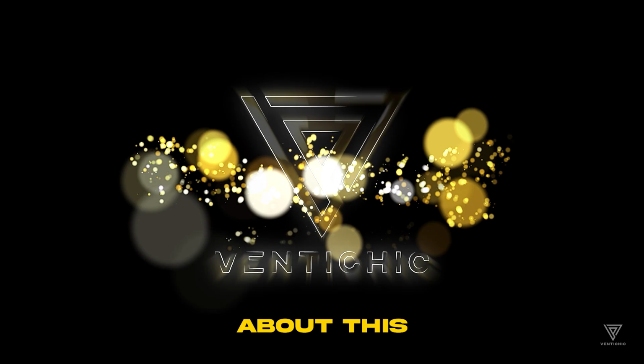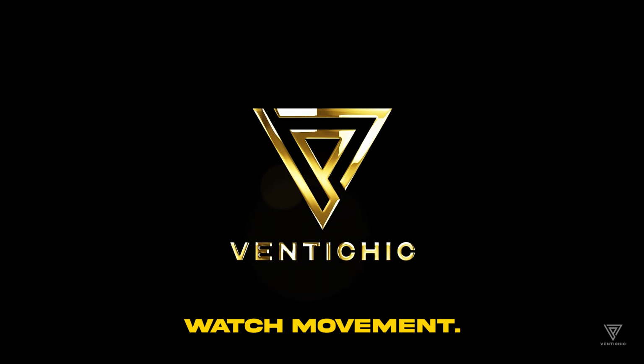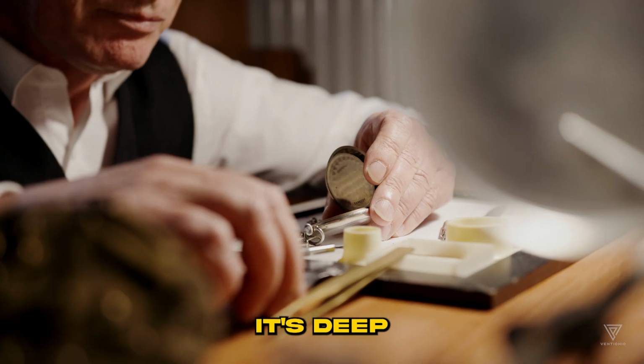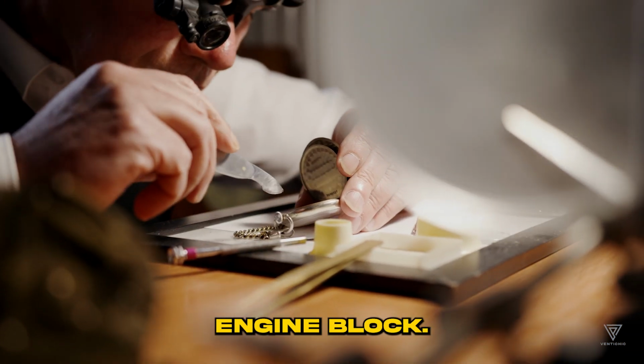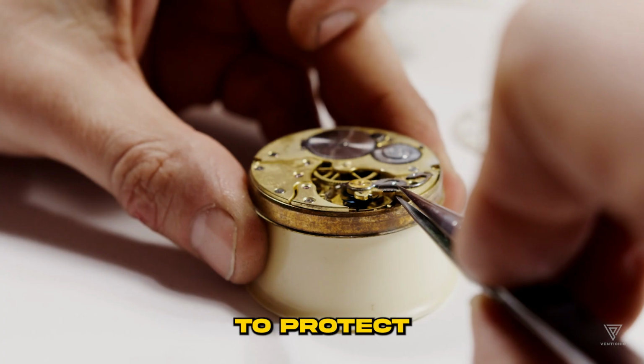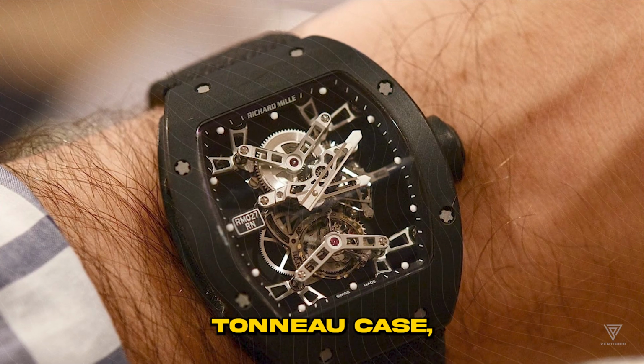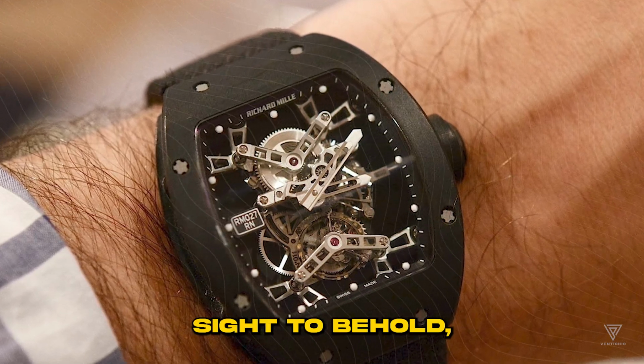What's fascinating about this watch is its design. It's not your typical flat watch movement. Instead, it's deep and layered like an engine block. It hangs from the corners, serving as a shock-resistant system to protect the tourbillon. It's nestled in the deep engine bay of the tonneau case, and it's a sight to behold, especially if you're